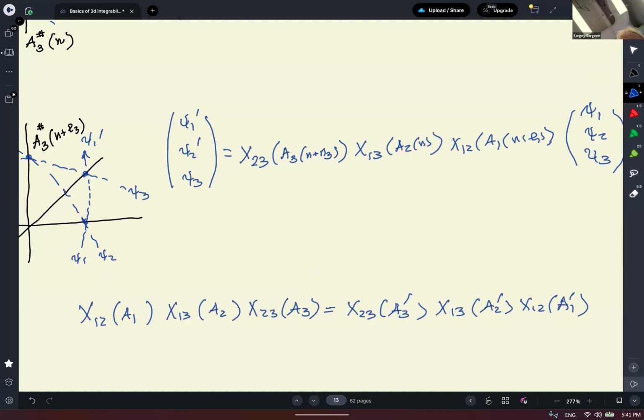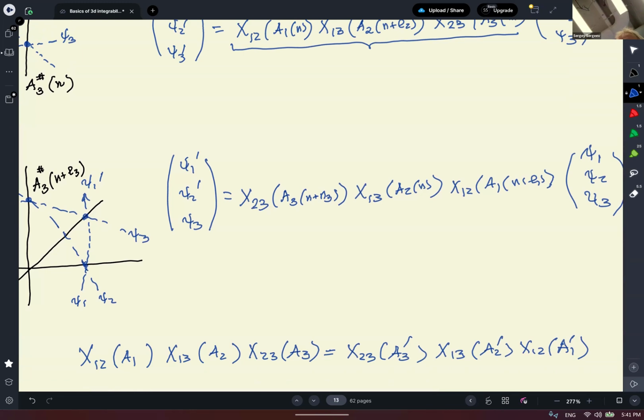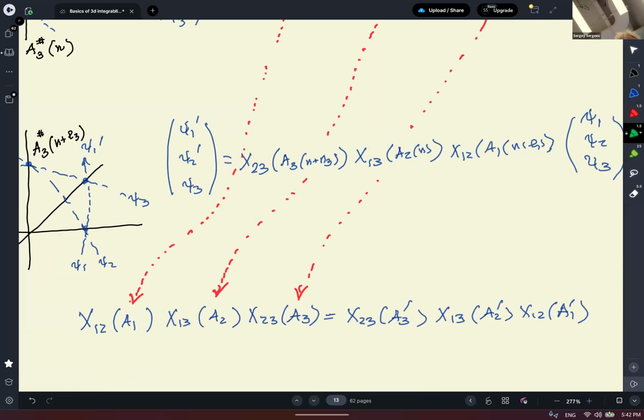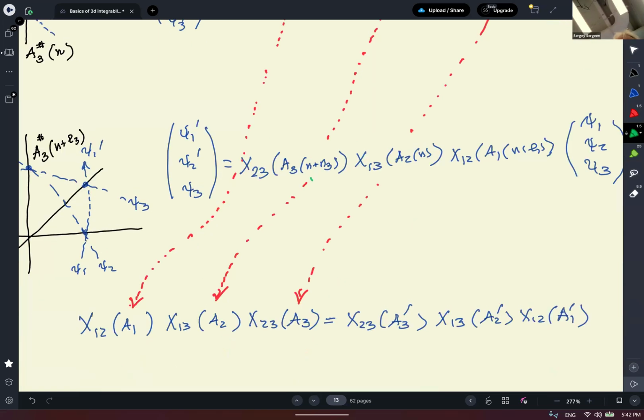Here I just write everything for shortness. For instance, this argument for shortness, that's this one. A2 is this one. A3 is this one. And for the right-hand side, in a similar way,